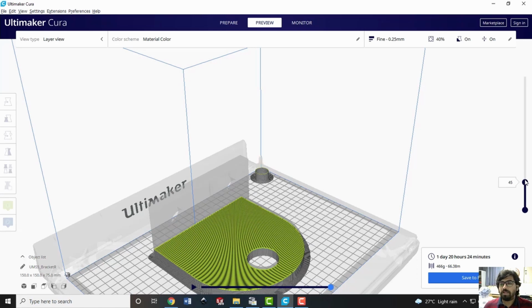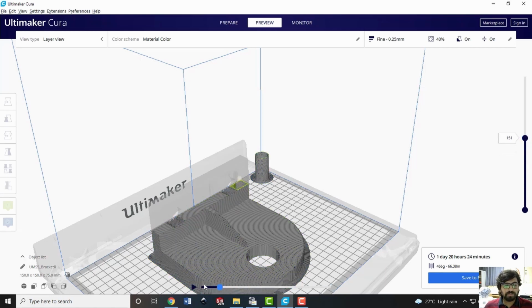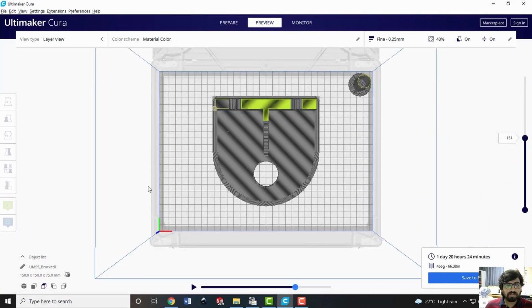Now let me show you another layer which will have some support as well in between. So this is the one. Let me start it. So first the nozzle is depositing on the prime tower, and then it is depositing on the base metal. And again the base material is deposited in two tool paths. First few passes corresponding to the contour parallel strategy, and those are exactly in number 3 passes.